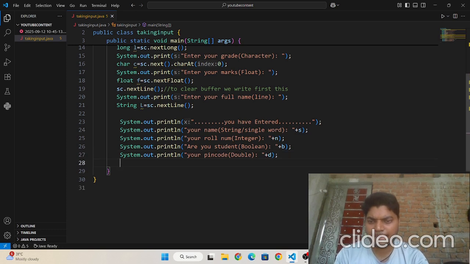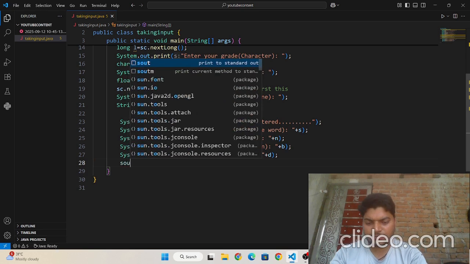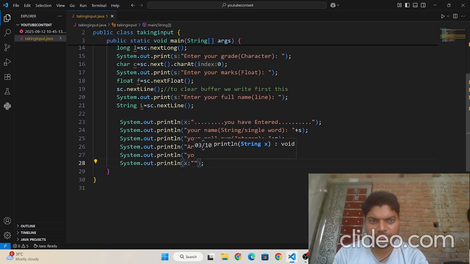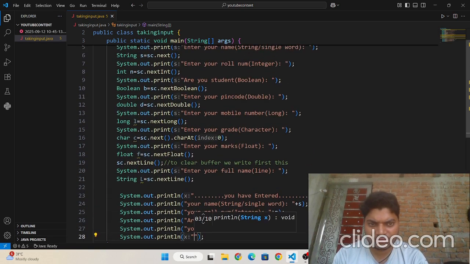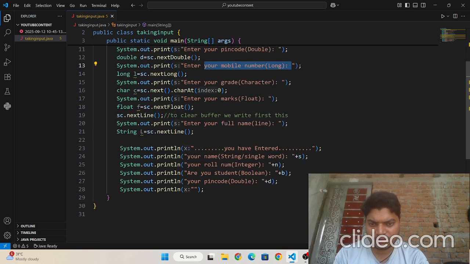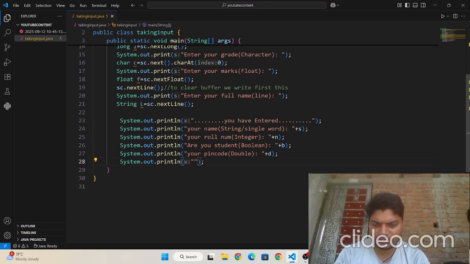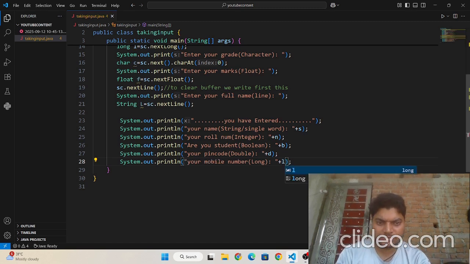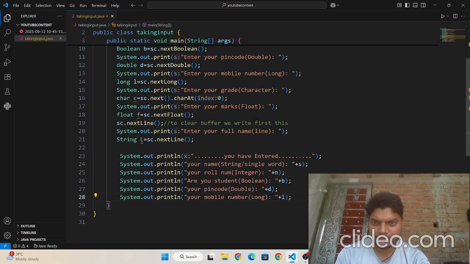Then I need to write sout. After the pin code it is mobile number, Control C and then Control V. Your mobile number is L, which means it will be long. Next one is grade.